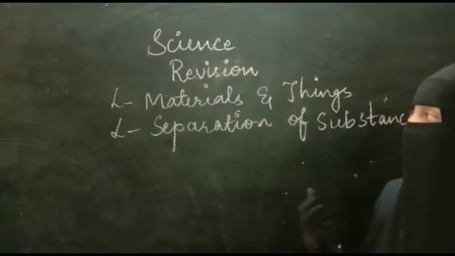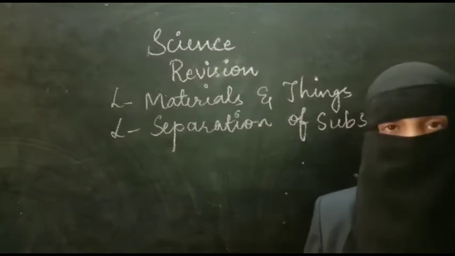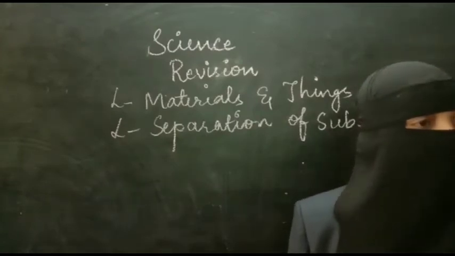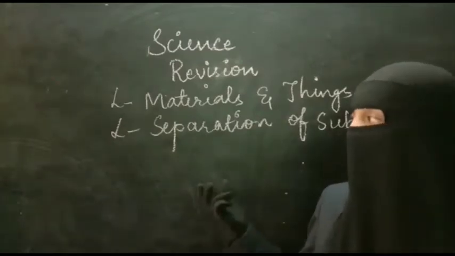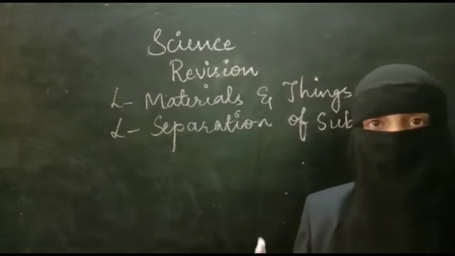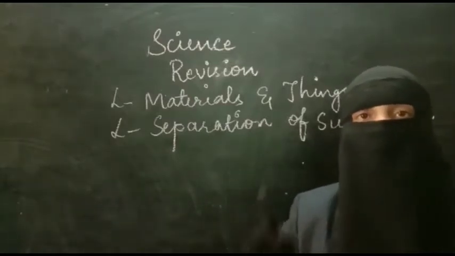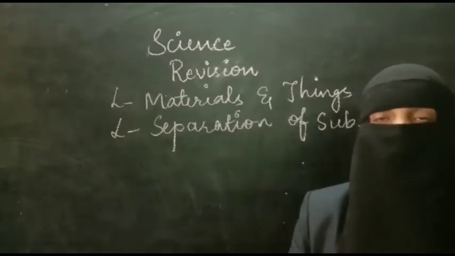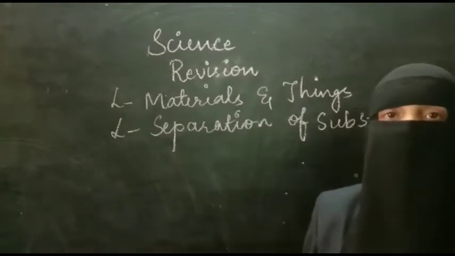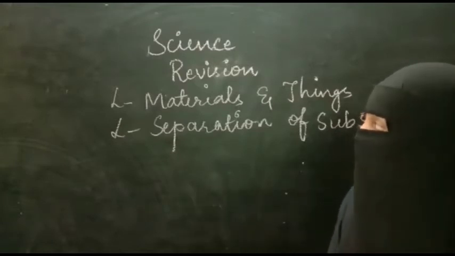So here you may get questions like: list out the substances which are made up of only two materials. Only two materials means only two materials. For example, I can take this chalk holder. It is made up of plastic and dye. It is made up of two materials. In the same way, one material you can take as a scale. By using one material, one scale can be made. For example, which material is used for making a plastic scale? Only plastic. In the same way, a plastic chair. For making a plastic chair, what material is used? Plastic. So that you have to focus on.